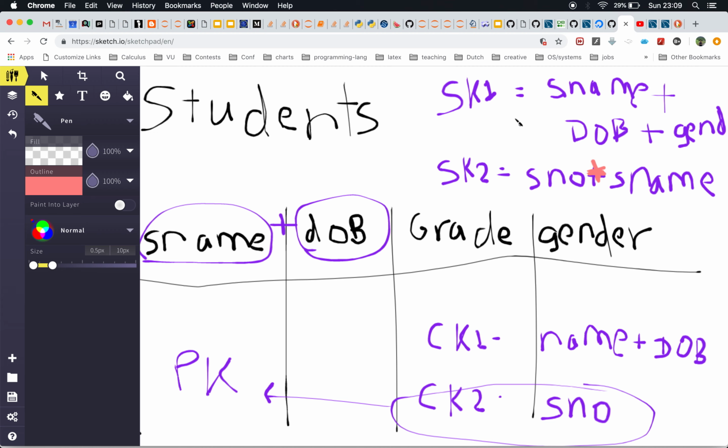Out of these super keys, we are going to make candidate keys now. Super key 1 contains three fields: student name, date of birth, and gender. Out of this, the gender field is not really necessary to uniquely identify a row. Only student name and date of birth are enough. So from super key 1, we create this CK1, which is candidate key 1, that contains the name and the